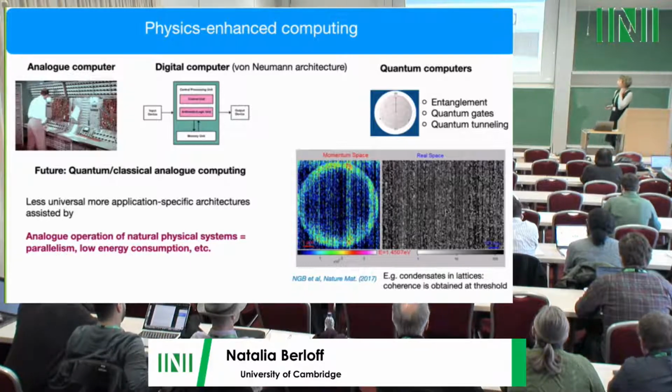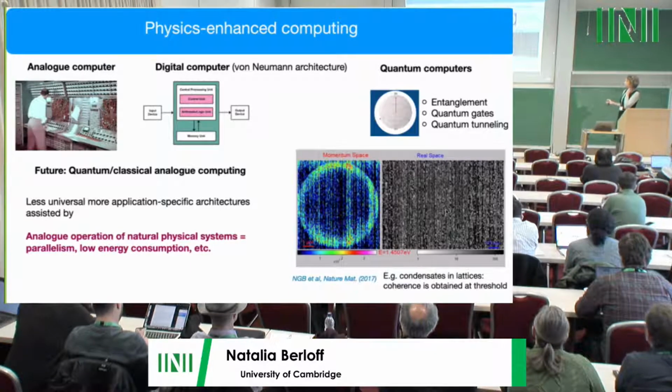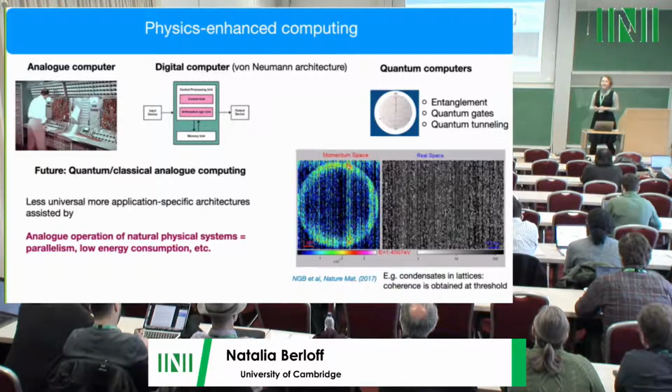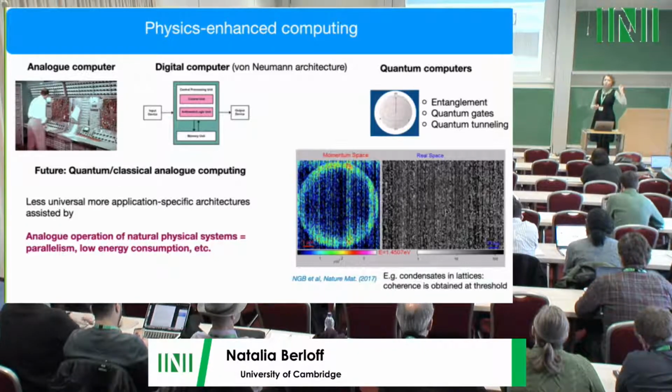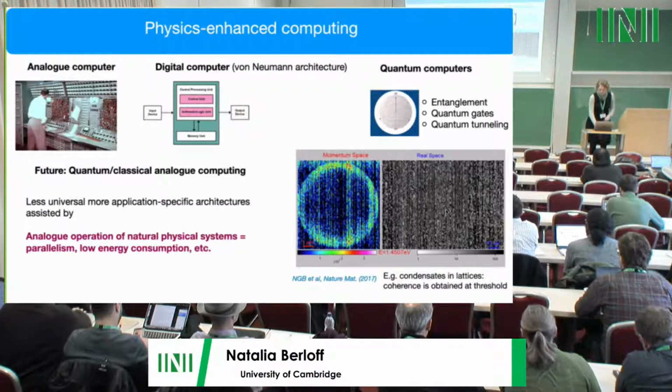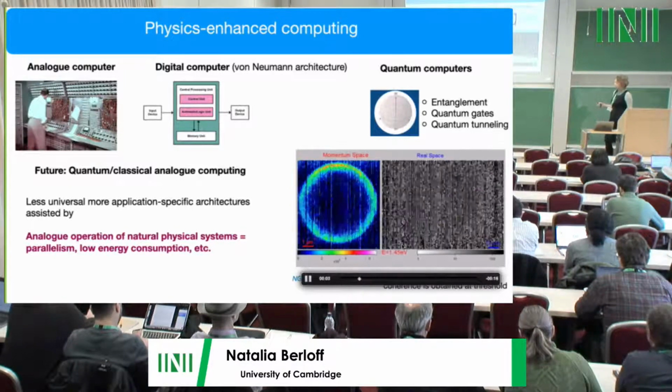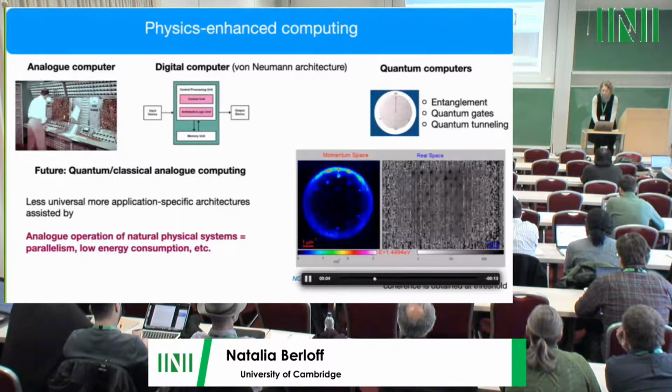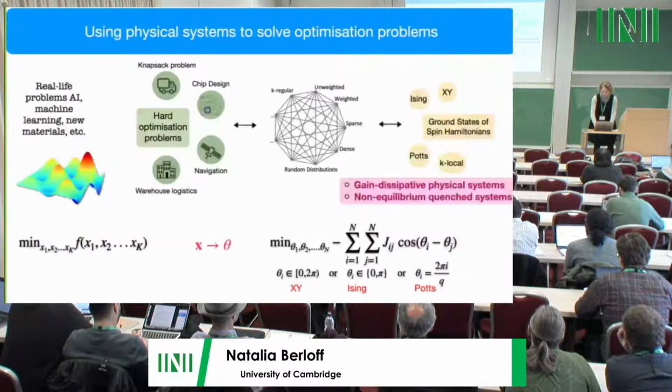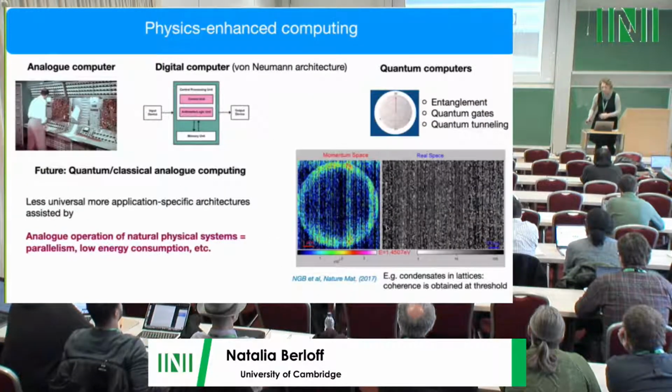So, very fast operation. You'll see the momentum space and the real space of the lattice of 100 polariton condensates. On the timescale of 100 picoseconds, you will see how the system solves three different hard problems. As we start, we create the condensates, and then the coherence takes place. Okay, I won't stop it.